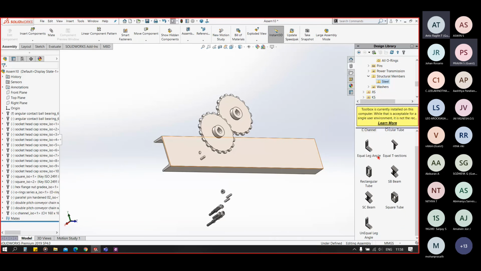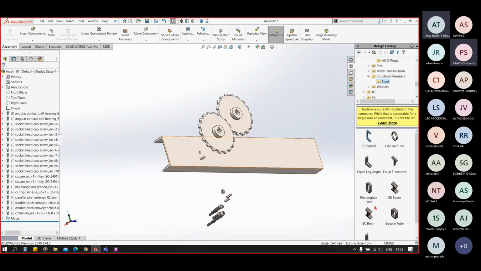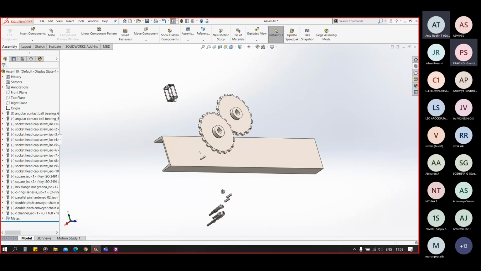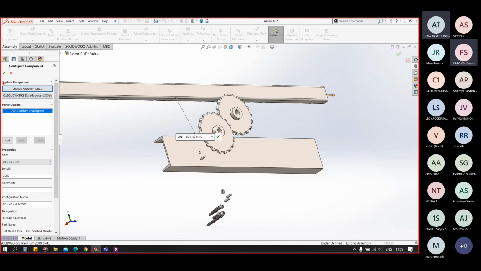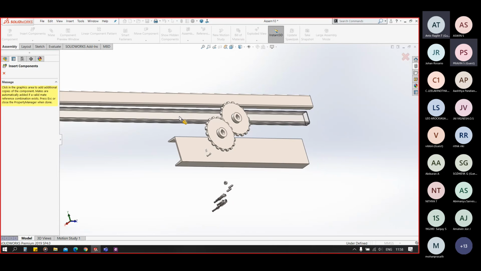But for the standard channels, we mostly use the weldment type. We do not use the structural members from the library. We use them from the weldment type. Okay. Now let's say the rectangular tube. We have standard sizes of tubes here. Input the length, and yes, you are ready to go.